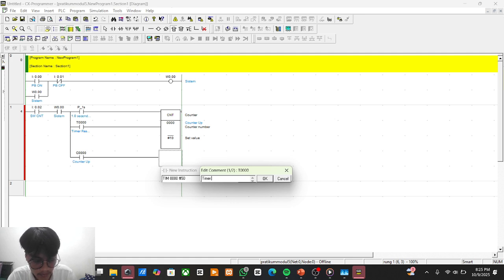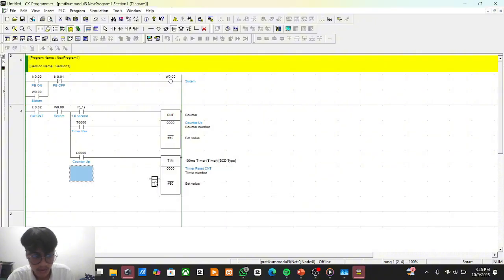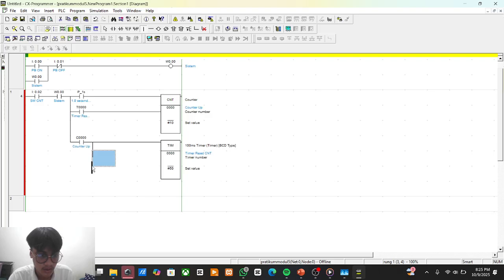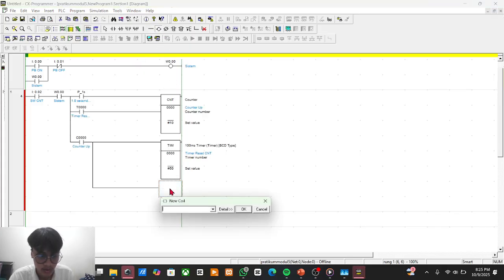And set C and D. Horizontal, here, here, here. The value 0.6. Okay.